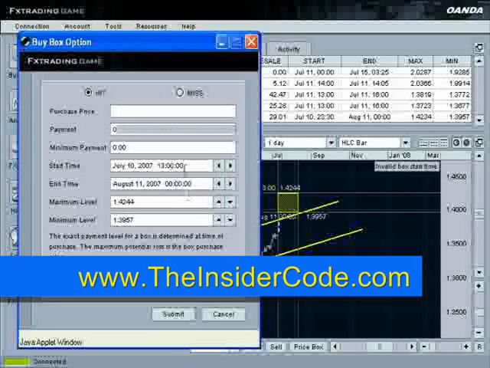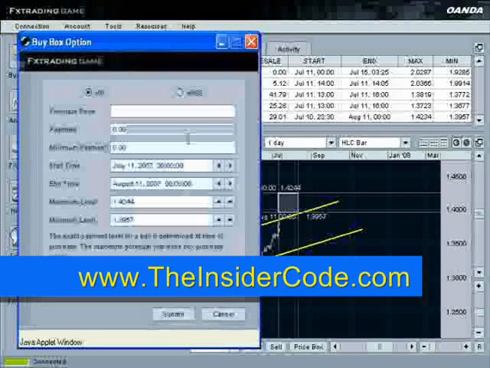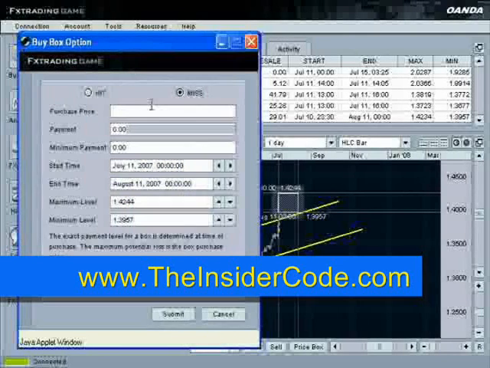July 10th at 1 o'clock in the afternoon. You can see start time is too near because it's obviously after this price. We'll just go ahead and set this to whatever, July 11th at midnight. So here we have a month worth of time. July 11th at midnight to August 11th at midnight. Okay, now we want a miss box, and we'll put in $50 here. And we'll see